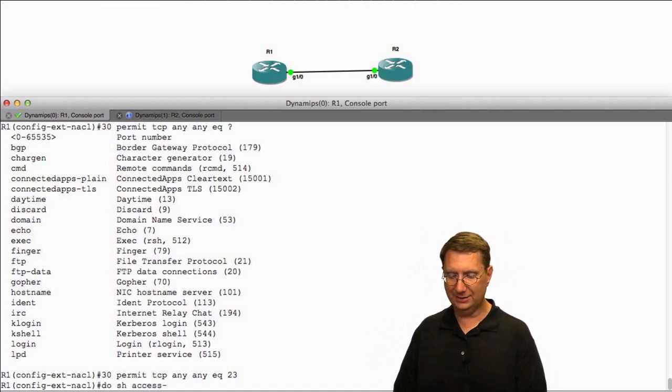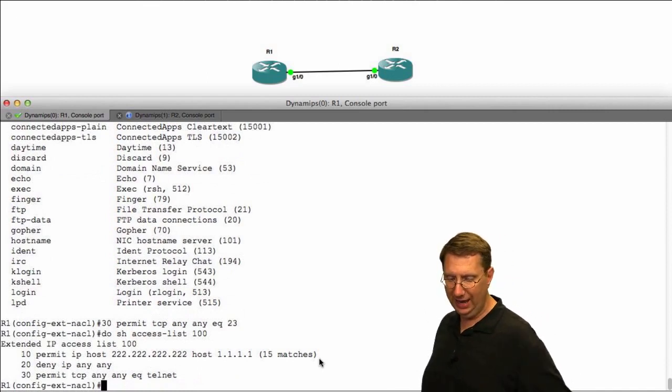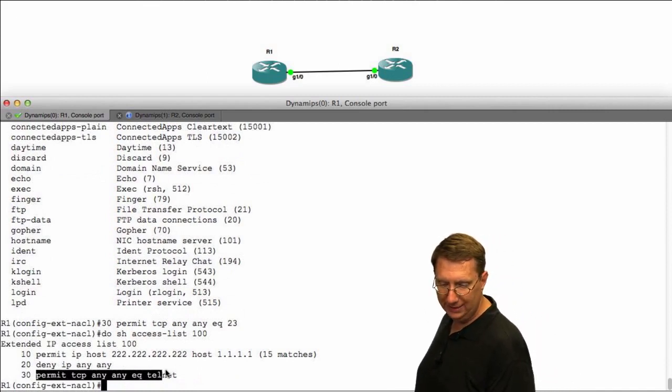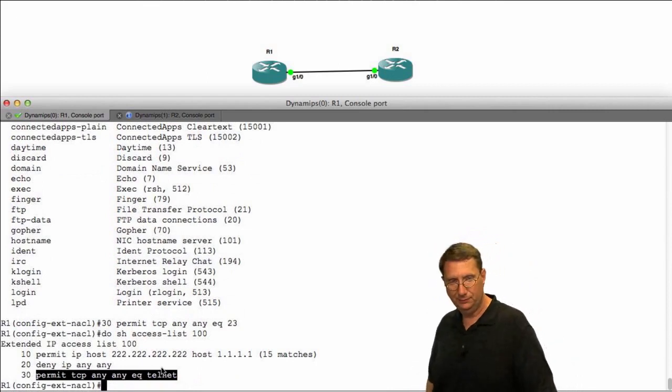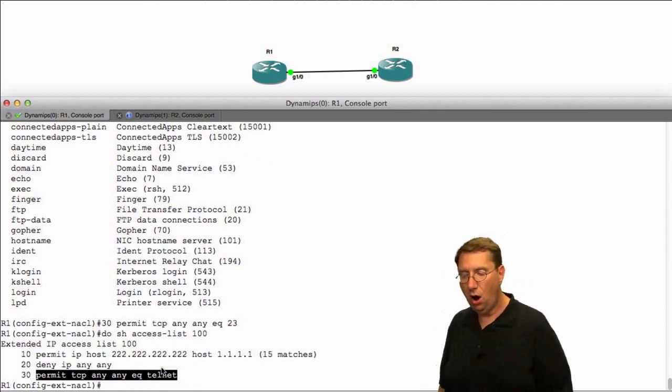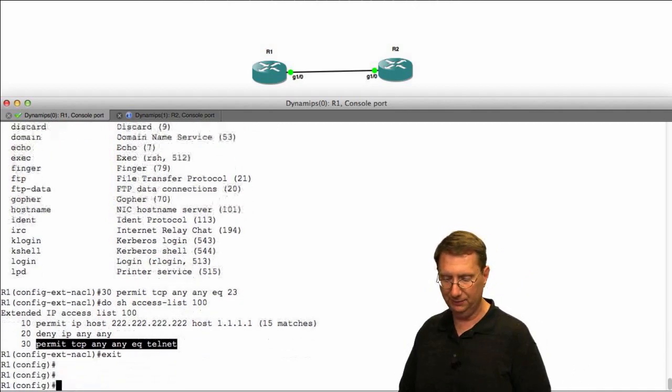So let's take a look and see what we have here. Do show access list 100. Now notice what's happening here. It's saying that I want to permit TCP any equals telnet. Now, what I'm illustrating here is that the way IOS recirculates our access lists is not necessarily 100% accurate. So what I want to do is set up R1 to be able to receive telnet. So I'm going to say line VTY